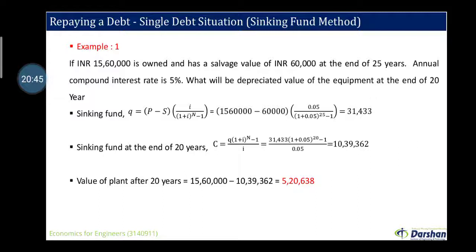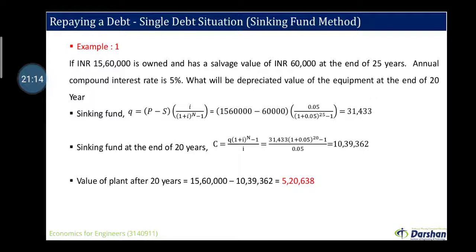Then the sinking fund at the end of 20 years: C is equal to Q into bracket (1 plus i) power n minus 1, divided by i. So here the sinking fund amount is 31,433 rupees into bracket (1 plus 0.05) power 20 minus 1, divided by 0.05. If you solve this equation on your calculator, you will find